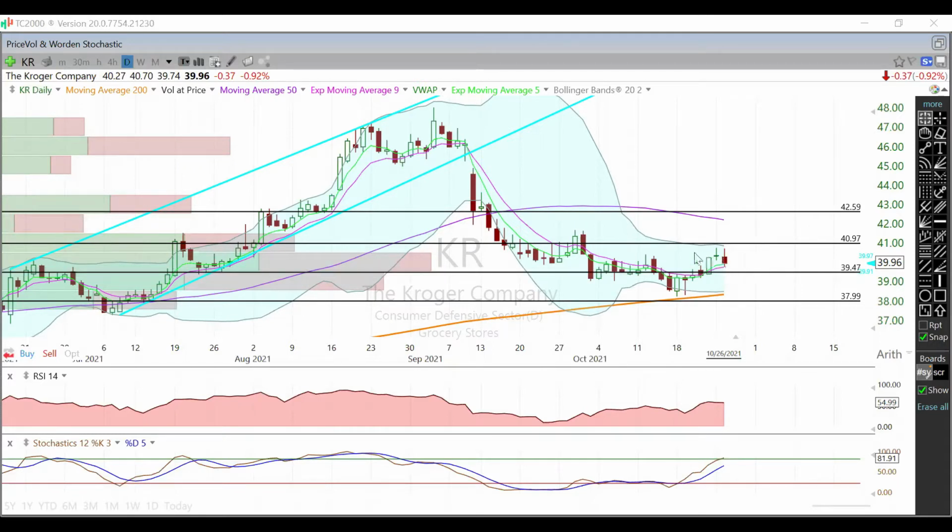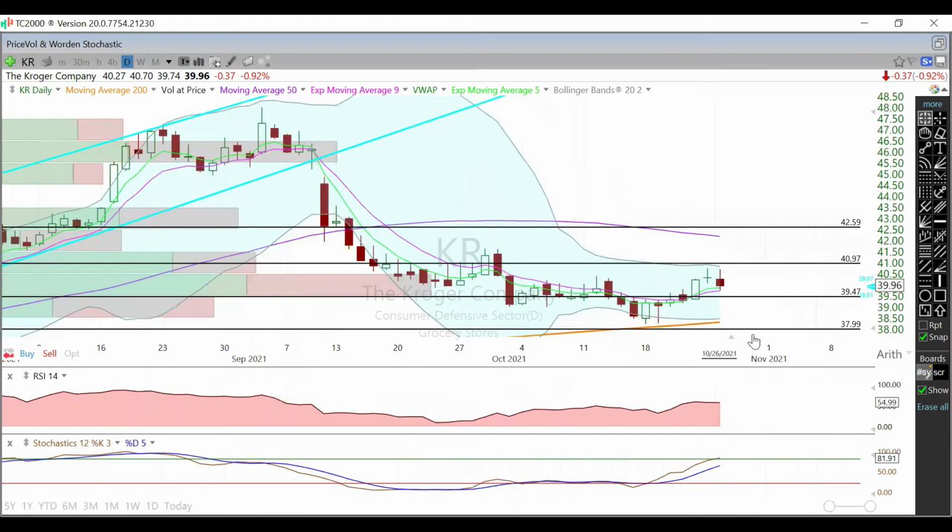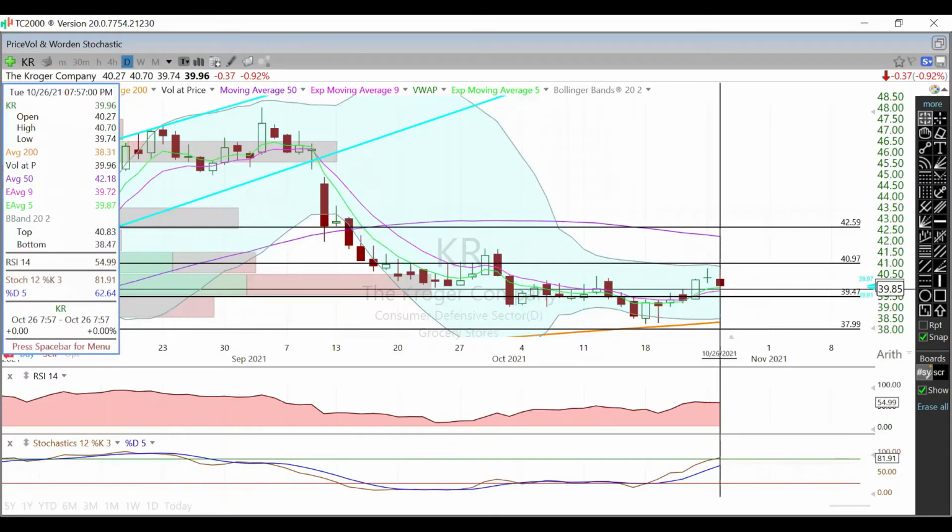Red day on the day, had an indecision green doji printed on yesterday's session. Was kind of wondering, okay, what's going on with this? It looks like the bears had a little bit of hold on it, and they did today. Moved it down right around 37 cents or almost 1% on the day today. So going forward, what we're looking at, well, that low of the day that we hit today, 39.74, that's basically